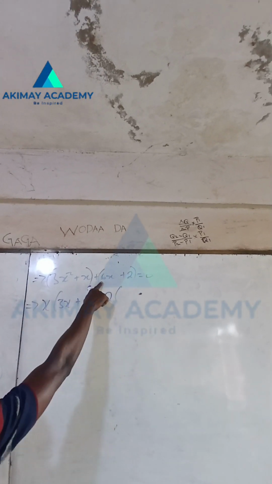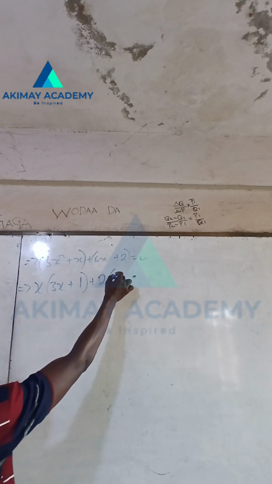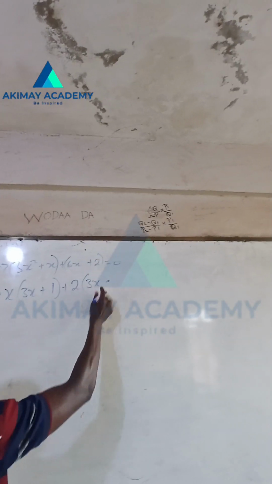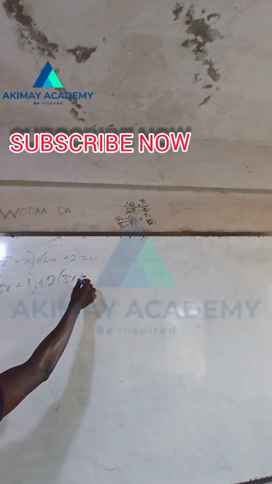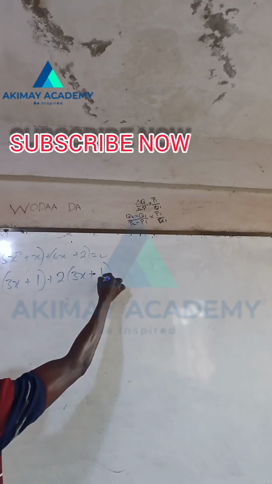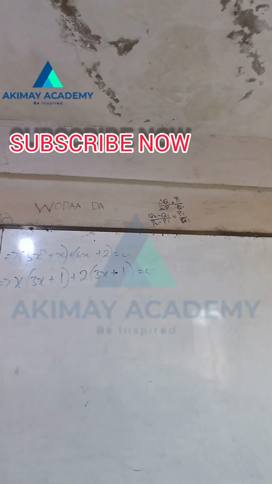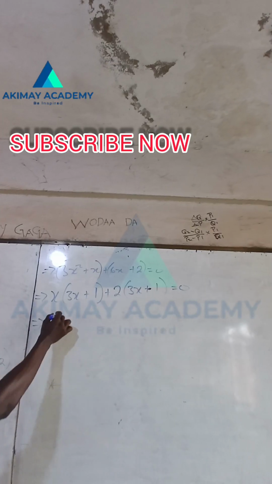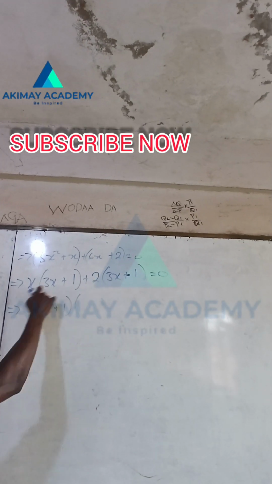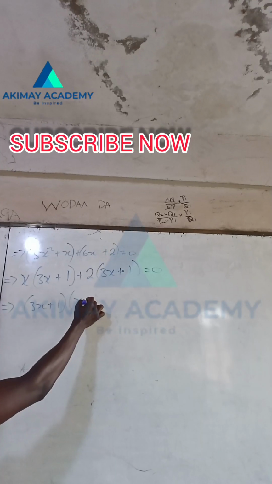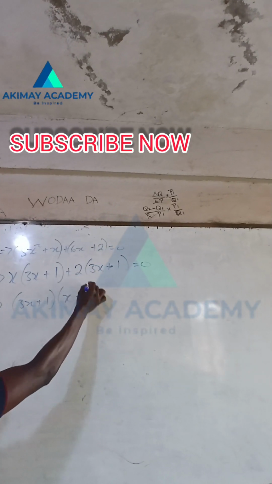Now from 6, when 2 comes out, we are left with 3x plus, this 2 has come out, so we are left with 1, and this should be equal to 0. Now we can put these ones together, 3x plus 1. Then those at the back, we put them in one bracket, x plus 2, and this should be